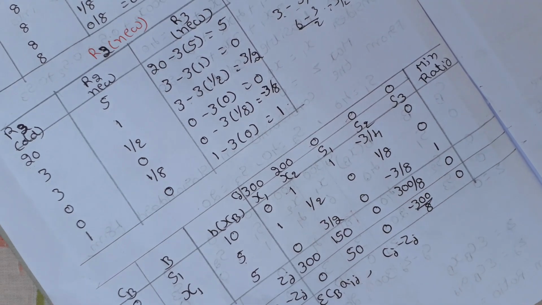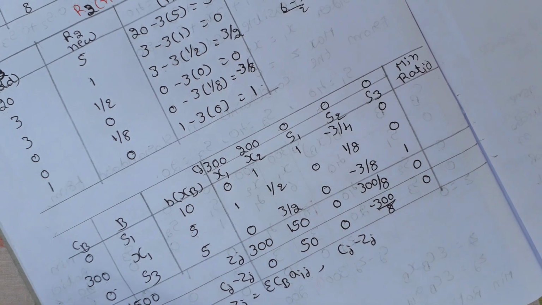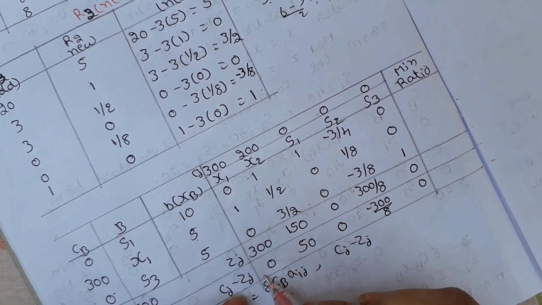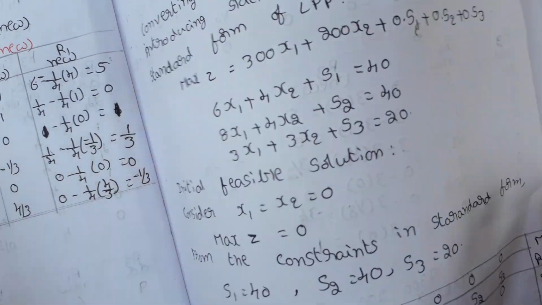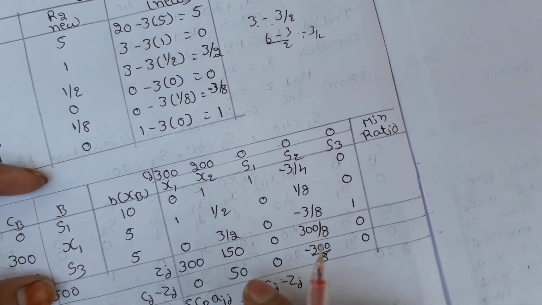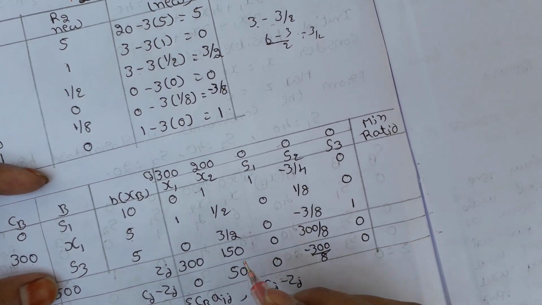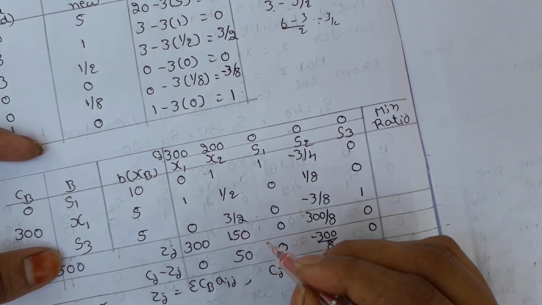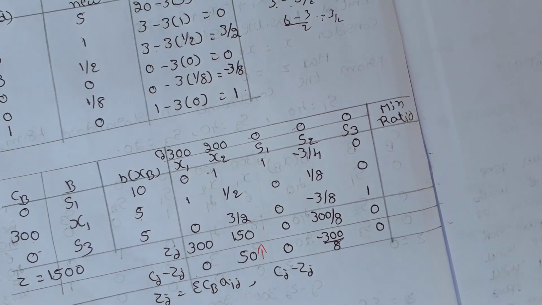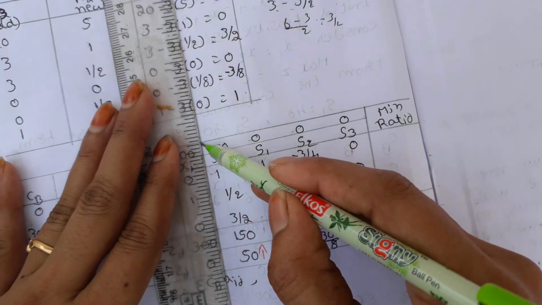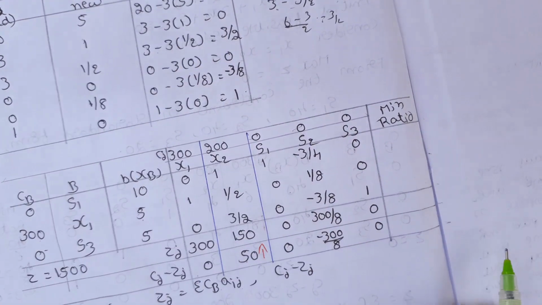Now we need to find out the entering, our key column. Which is a key column? Again the same logic. The objective function is a maximization function. Because of that, the column with the maximum value of Cj minus Zj will become the key column. Now under this one, positive and largest. So 50 is the largest value. So it will enter into the table. So for this table, this will become the key column.